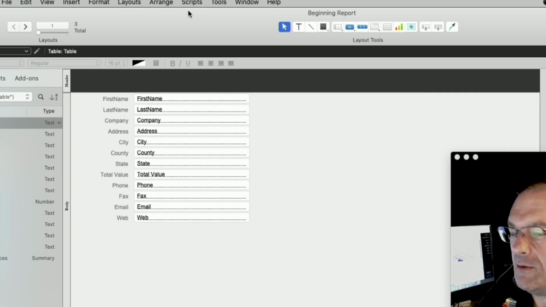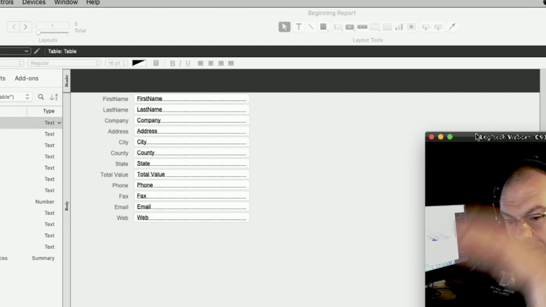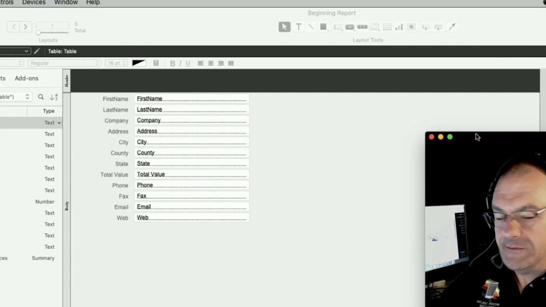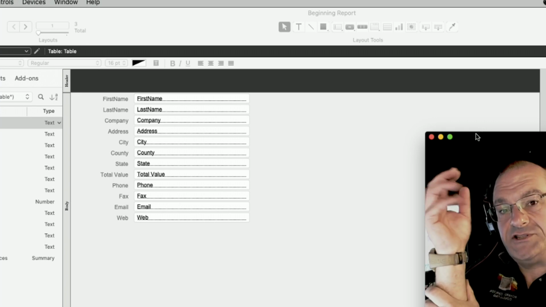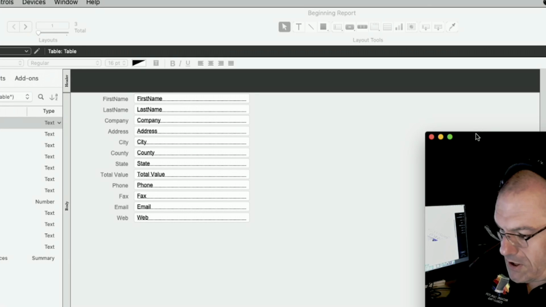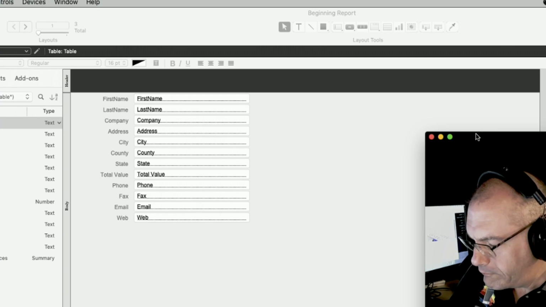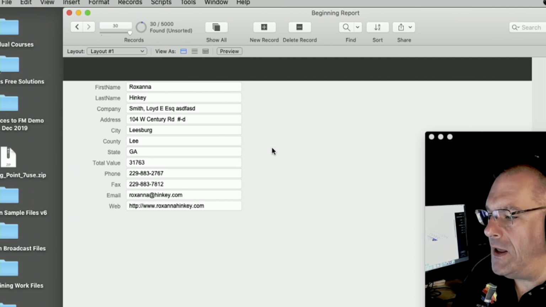If I go back over here, I'm going to use keyboard shortcuts. Once again, Command or Control B, with my support side hand, not my trigger side and mouse hand. Not supposed to say firing side hand on TV, right? So support side hand, not firing side hand. This is always doing keyboard shortcuts: Command-Shift-D, Command-Shift-S, Command-B, Command-L, all that stuff. So I'm going to go Command B, and I'm back to browse mode. I have 5,000 records actually in here.